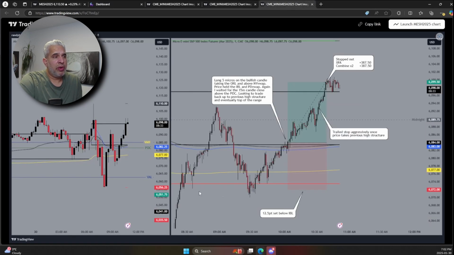This is where my third trade comes in. So this is my second trade. Price pushes up, comes back down. I would have got stopped out at break even, so glad I took profits here. As we come back down, it finds some support at the initial balance low, and some support at the previous day's VWAP. I'm interested to get in here again, but again, because of that first loss, I want to be